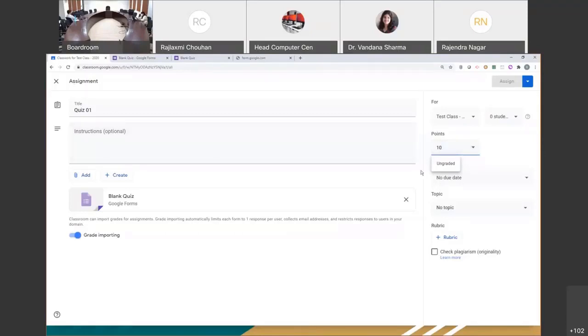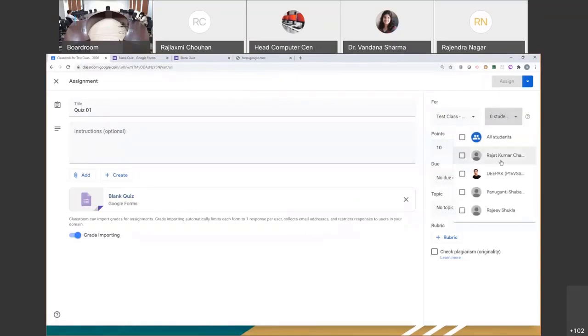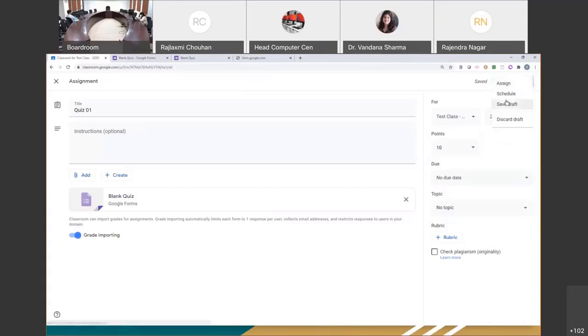I'll quickly show you an example. What I mean here is that once you've created a quiz, say I have only 4 students, so I'm going to create 2 sets of question papers and I'll assign this particular quiz to just these 2 students. And I can schedule it. If I want all quizzes to come out at the same time, I'll schedule it instead of assigning. Also, then I create another quiz, but I don't want the other 2 students to know that this is a different